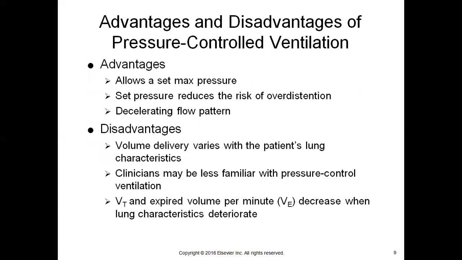So advantages: it allows us to set pressure. We don't overdistend the lung. It's a decelerating flow pattern. They can have whatever flow they want. But the disadvantages, it varies with how stiff the lung is. Then they don't get as much volume as they would like. Not everybody's familiar with or uses pressure control as much as volume, I've found in my experience. And like it says there, your minute volume drops when the lung characteristics deteriorate,